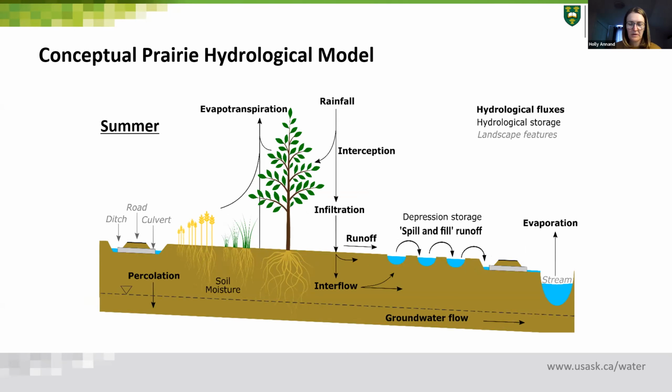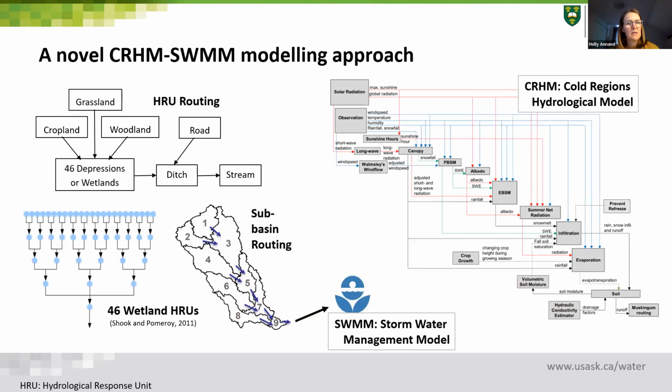Another important component of the model that I wanted to consider was also representing the network of ditches and roads that exist in our agricultural landscapes on the prairies. So I put together a CRHM model that I know everyone's familiar with. And I took a novel approach here and linked it with a simple storage reservoir using the Stormwater Management Model as well. And that linkage was to better represent culvert-restricted flow throughout the basin. And that's something I can talk more about another time, but today we're going to focus on the model results.